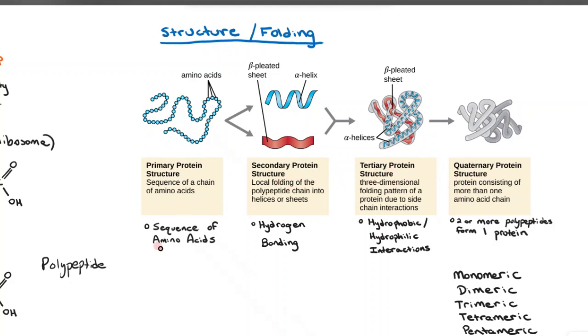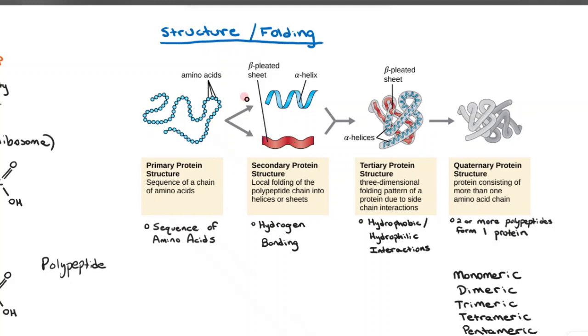Right, so again, primary protein structure is just the sequence of amino acids within the protein. It's just the order that the amino acids are in. All right, then we've got secondary protein structure, and this results from hydrogen bonding. So just remember that. Secondary protein structure is the result of hydrogen bonding, and it creates these different shapes within the protein. One of these is called an alpha helix, and this is the one that sort of looks like a ribbon being twirled around in a circle, right? And it's actually a very similar structure to DNA.